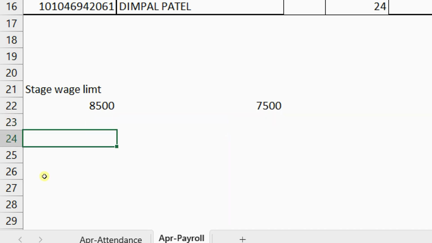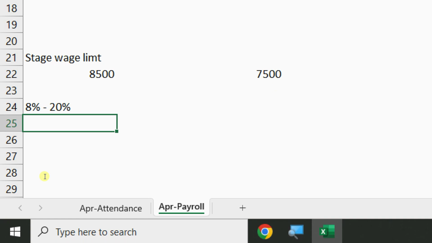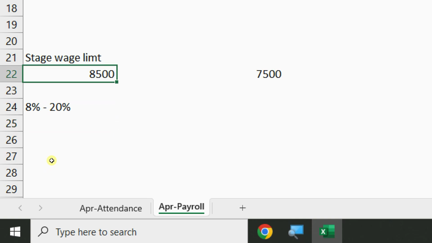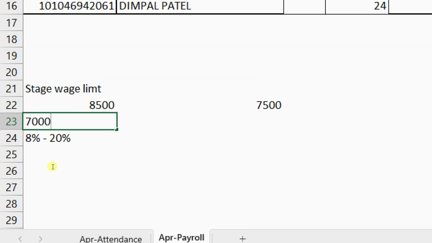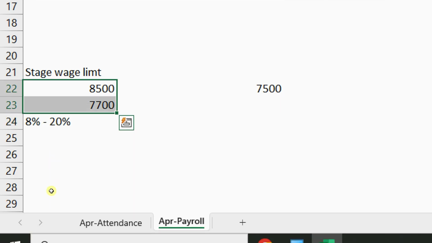So on this amount, 8% to 20%. You got my point? What is the state wage limit? 8,500. Let's say an employee's salary is 7,000 plus DA, let's say for example 700. In both of these, whichever is lower,